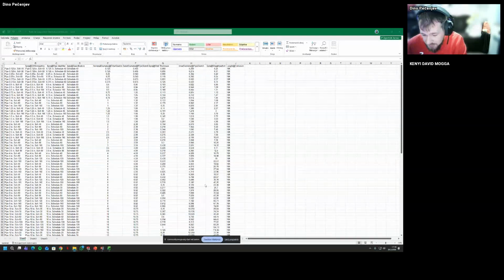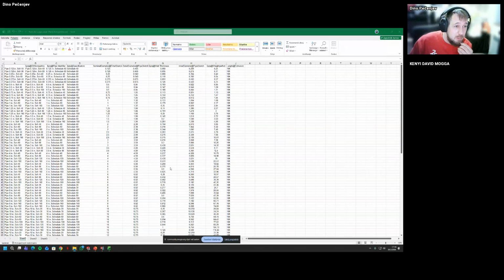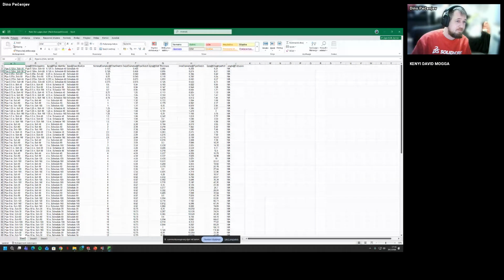And which ones I'm going to remove for the pipe. For the pipe, we're going to remove, let's say, all the schedule 80. So I can remove like pipe, let's say 0.5 inch schedule 40.